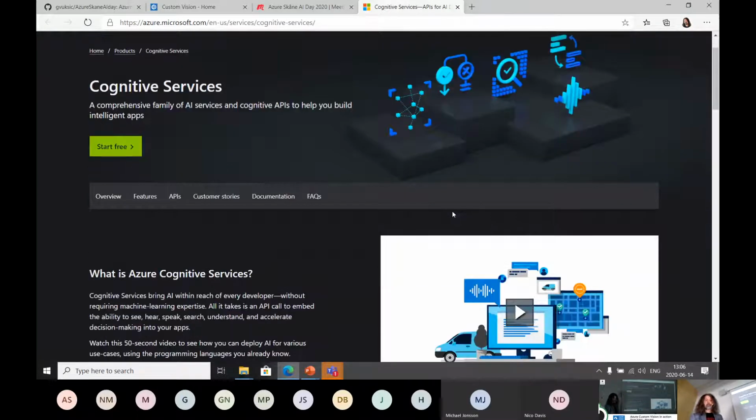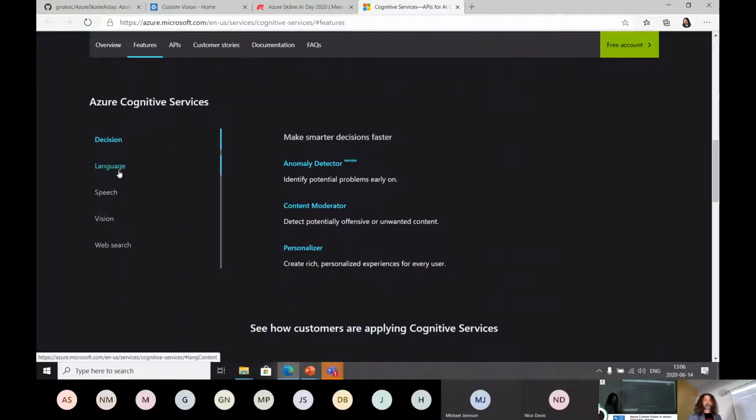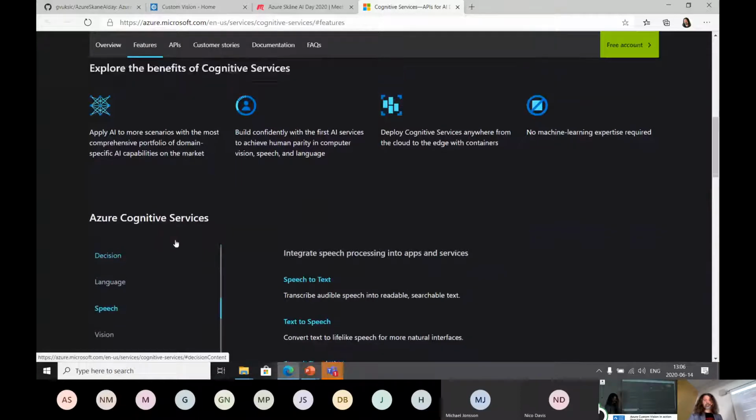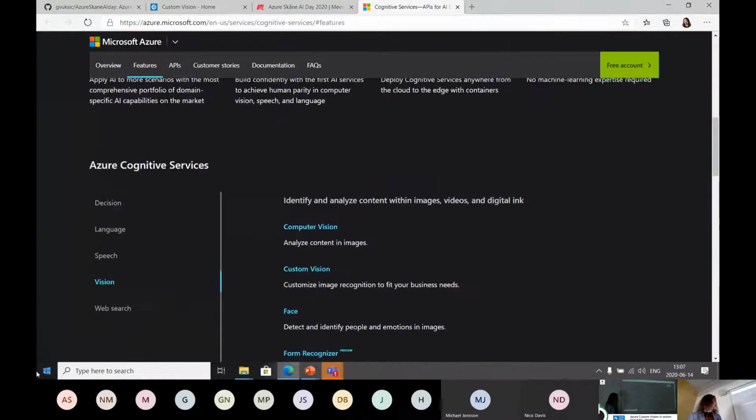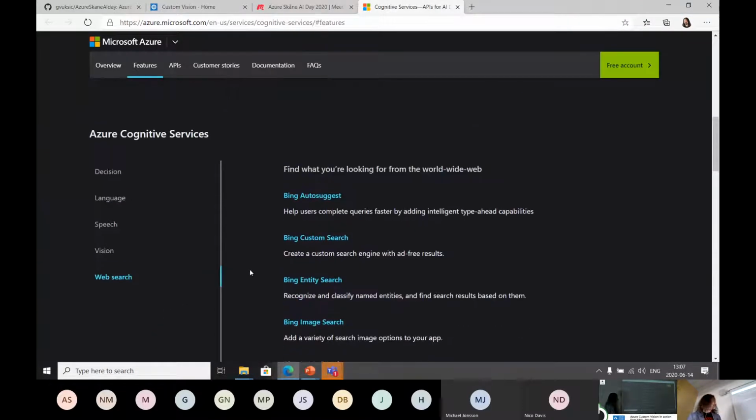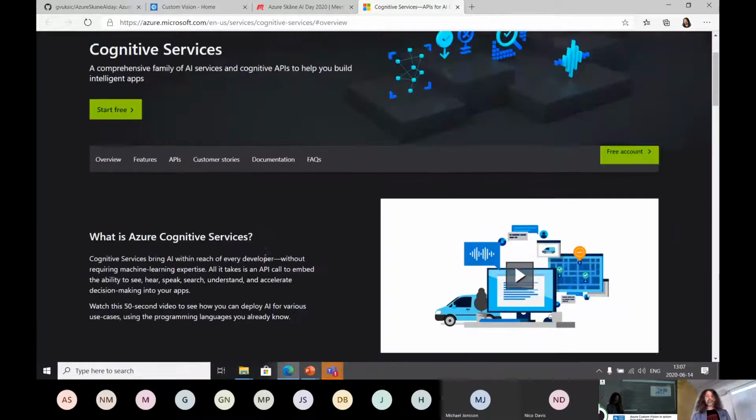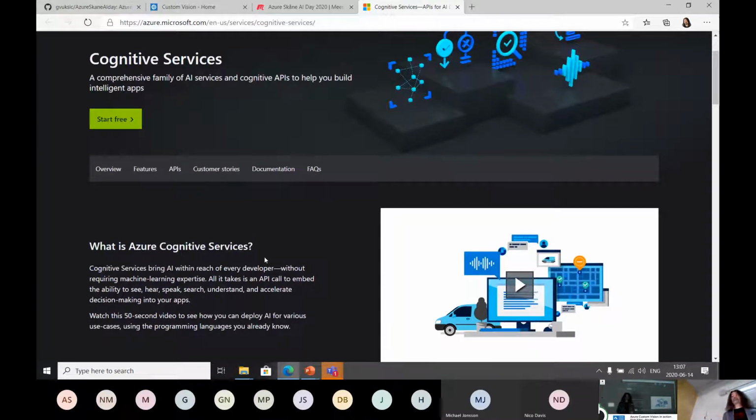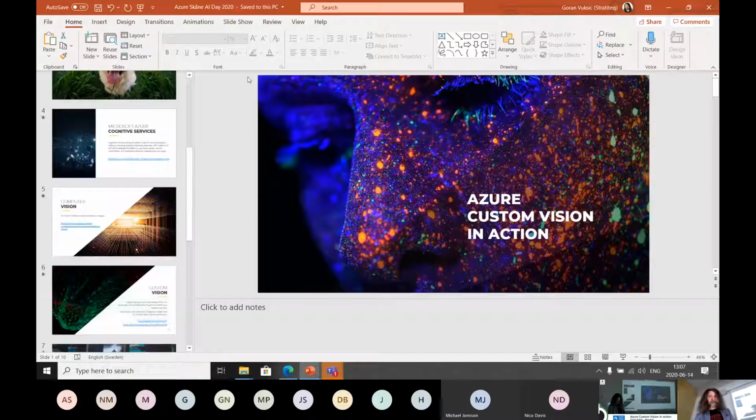So in cognitive services, there are a lot of services that you can use for decision, language, speech, vision, like computer vision, custom vision. Those are things we will touch upon. And there are a lot of other services that are already built and ready for you to use. I highly suggest that you check this out, because you can easily add AI capabilities to your application. And switching back to slides,